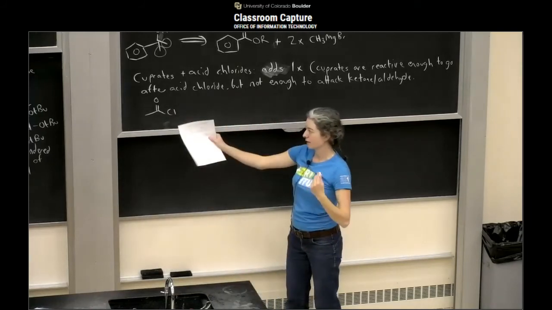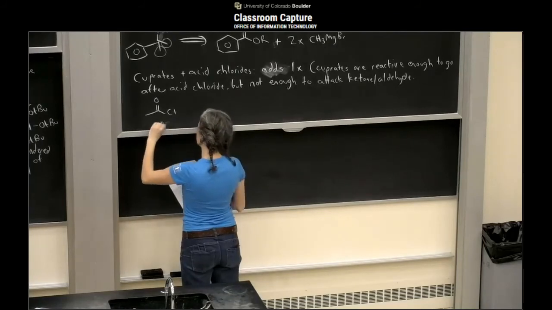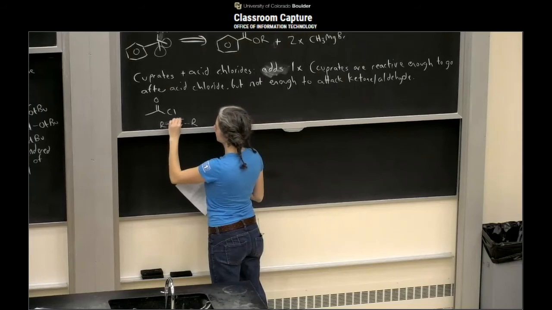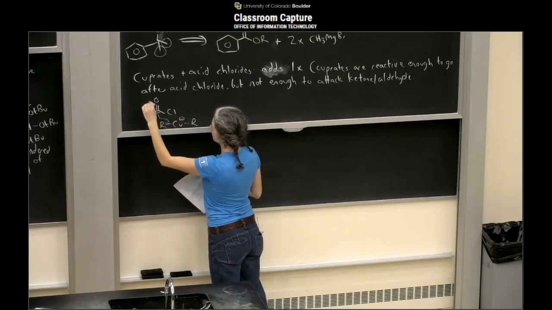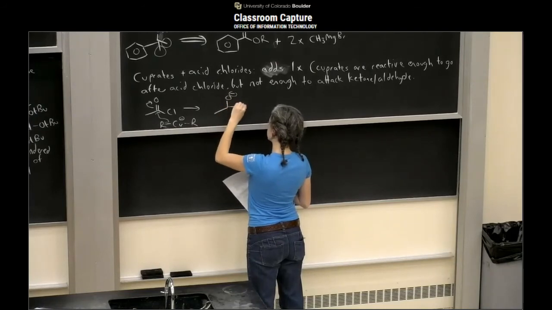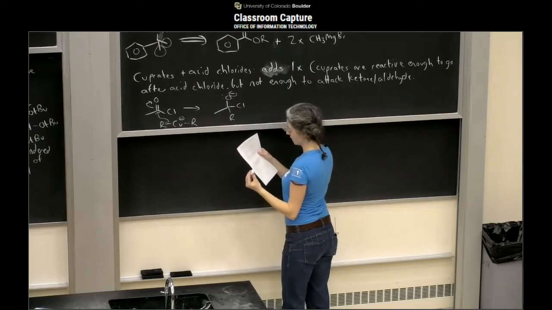So pretty much any kind of organometallic could attack this thing. It's real attackable, real electrophilic. So we have our cuprate here. Attack once, and it starts out looking like,